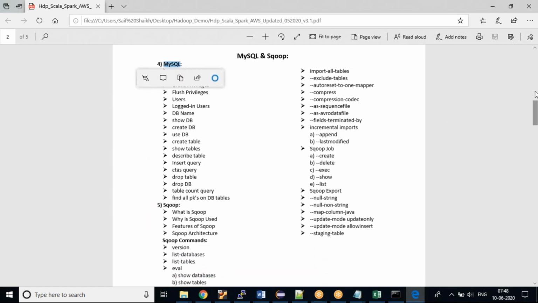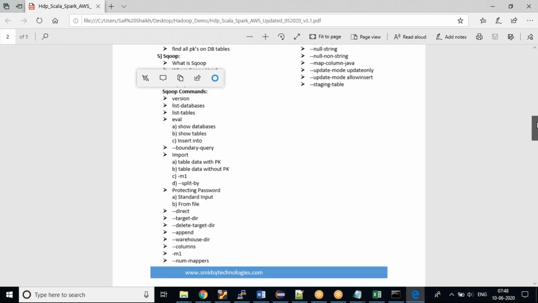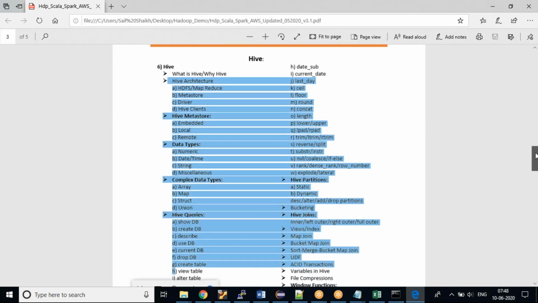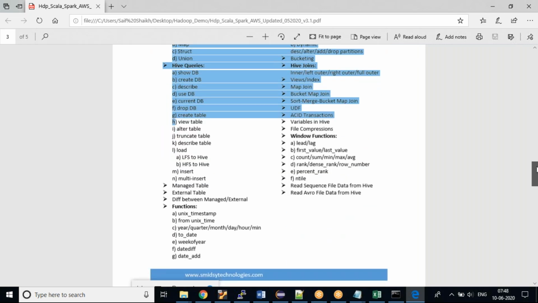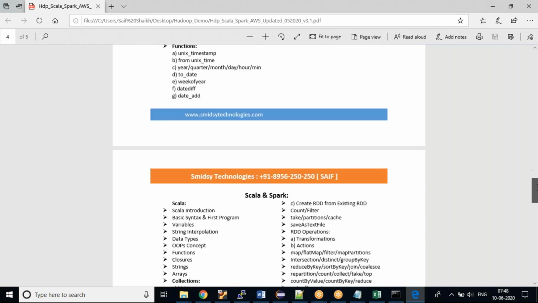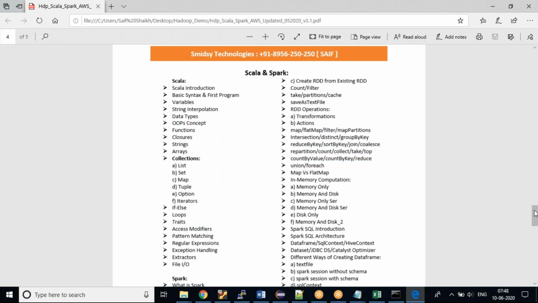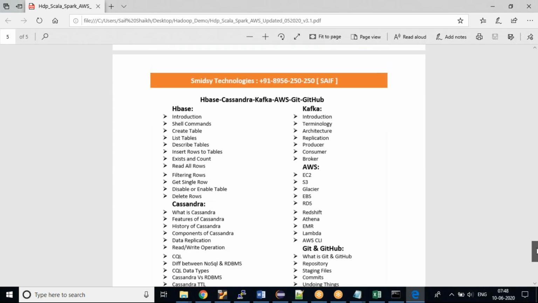How to use MySQL, and there are so many things in Sqoop. Then Hive, which is a data warehouse used in projects, so we need that. Then we would be jumping into Scala programming. After Scala programming, we would move into Spark, and after Spark, NoSQL databases like HBase, Cassandra. Then we would be moving to Spark streaming.